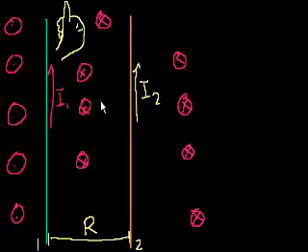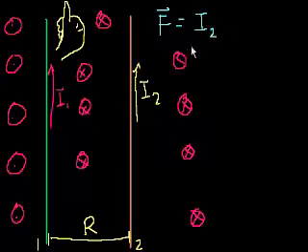This all came from the first formula we learned about the effect of a magnetic field on a moving charge. But what was the formula for the net magnetic force on a current carrying wire? Well, I'll do it in blue. The force, it's a vector, has a magnitude and direction, is equal to the current. In this case, we want to know the force on current 2, caused by magnetic field 1. So it will be equal to I2, the magnitude of this current,